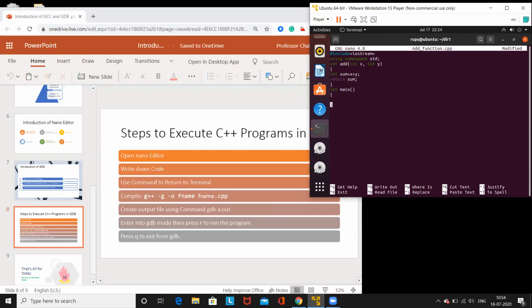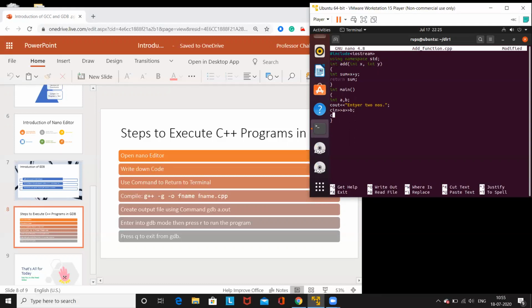Now I am entering main. I may ask the user to enter two numbers. The variables required are a and b. So enter two numbers, I may ask, then I can store them using cin.